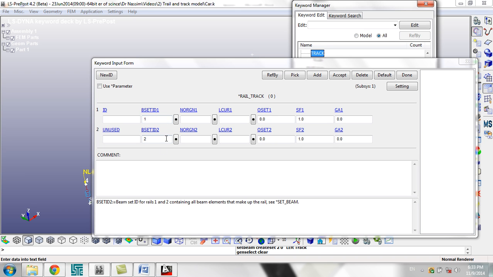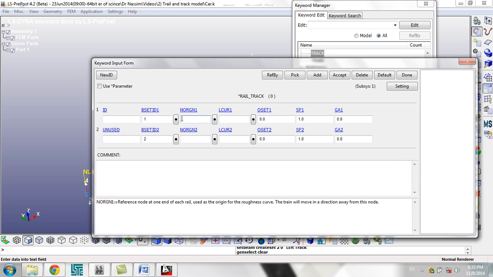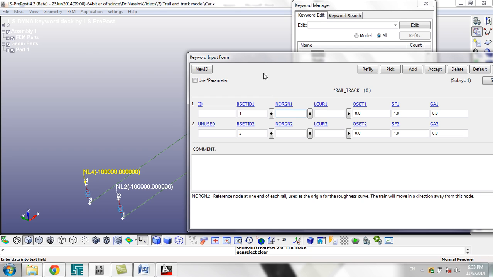Now after defining these two, the beam which represents the first track and the second track, the second thing it asks you about is the node which is located at the beginning of track number 1 and the node which is located at the beginning of track number 2. The node of the beam which exists at the beginning of the track. It's not asking about the car, it is asking about the beam. So this track starts with node number 1. So if I go here,